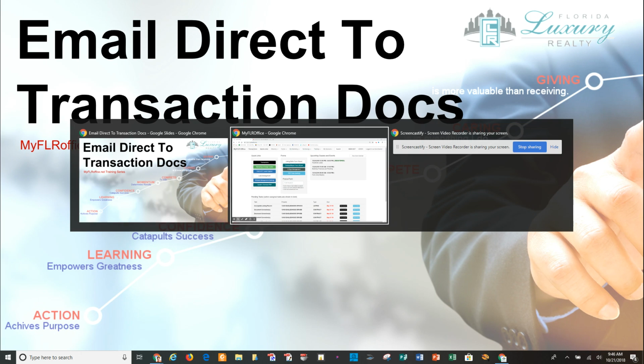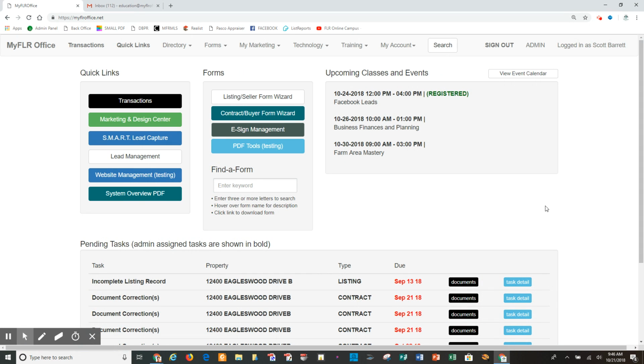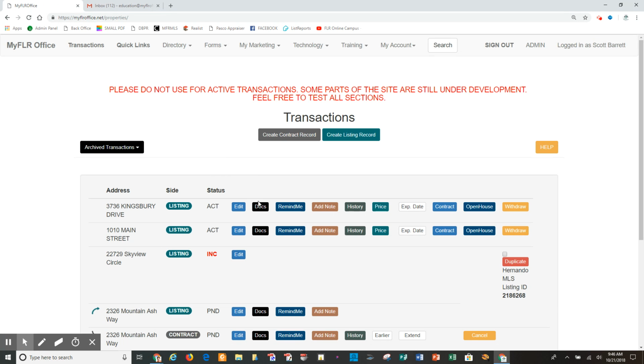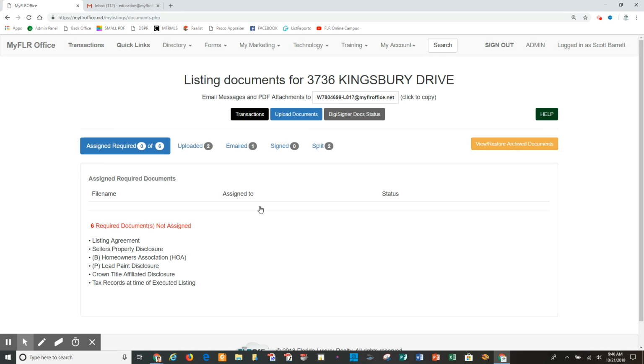So let's begin. I'm in the new Office website, and I go under my transactions, and I go into my documents. You don't need to do this to get the document there, but what happens here is your transactions have their own custom email address. So anyone that has that email address, whether it be the agent on the other side of the transaction, a lender or a title company, or yourself, you can take an email with an attachment, send